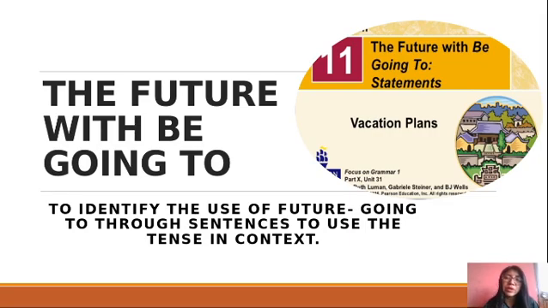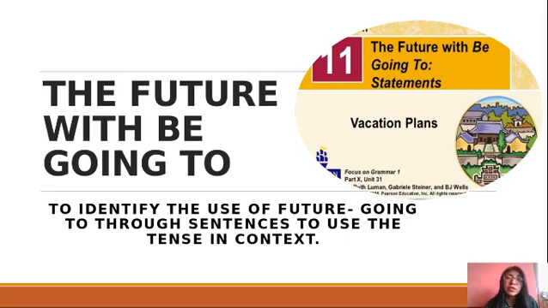Okay, we are going to use the future simple in order to make predictions. Okay? So, can you tell me any example of that? That's right. For example, I will cook pizza tomorrow. Okay? So that is a little easy.